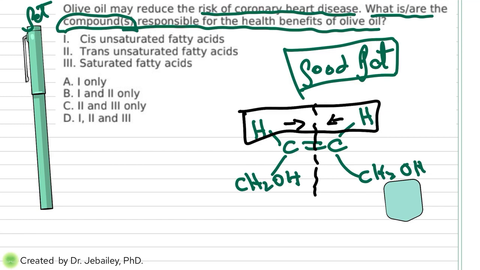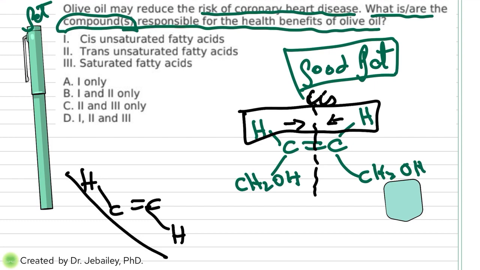Now, if it was trans, it would mean that the hydrogen will be on this side, while the other hydrogen would have been the opposite. This means trans this way, while this means cis. So if it's cis, that means it's good. If it's trans, which is a bad one, that is definitely not a healthy benefit. So this will be the bad fat, the trans fat. So cis unsaturated,